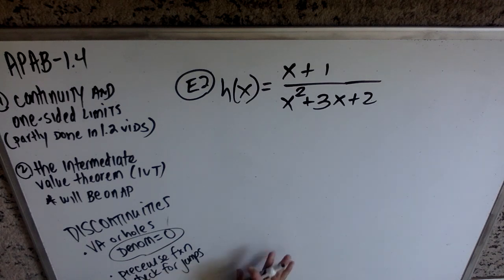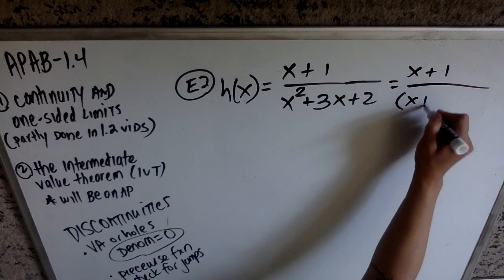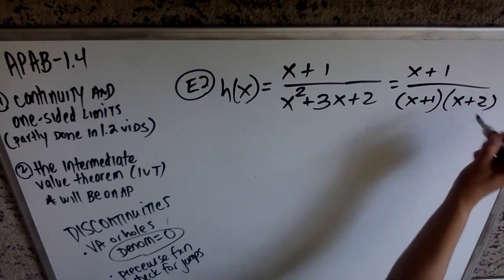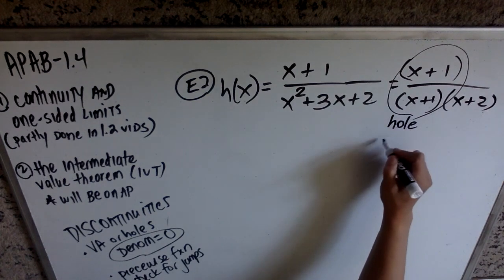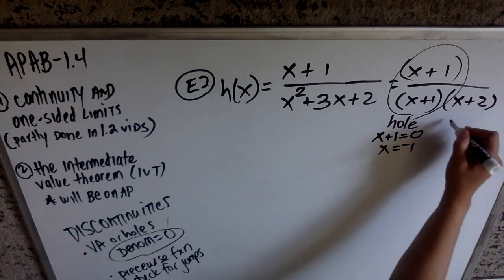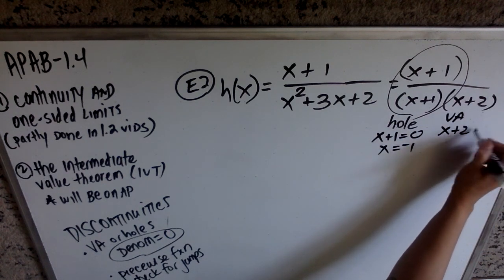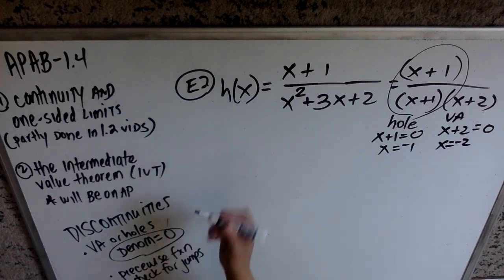So the trick with this graph is that it's actually going to have both a hole and a vertical asymptote. So if you were to factor this denominator, it's going to factor into an x plus 1 and an x plus 2. This factor that cancels is going to give me a hole in the graph. So there's a hole when x plus 1 equals 0, which is at x equals -1. And the factor in the denominator that doesn't cancel is going to give me a vertical asymptote. And again, this is something that you cover in Algebra 2, but I get that it might be a little bit rusty. If you were to graph what this function looks like,